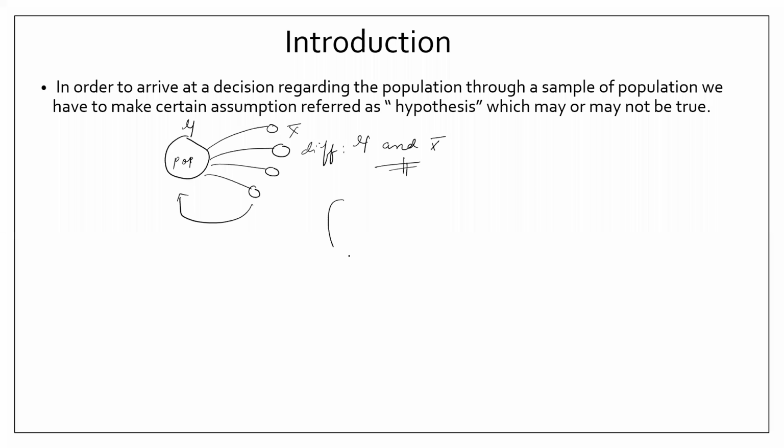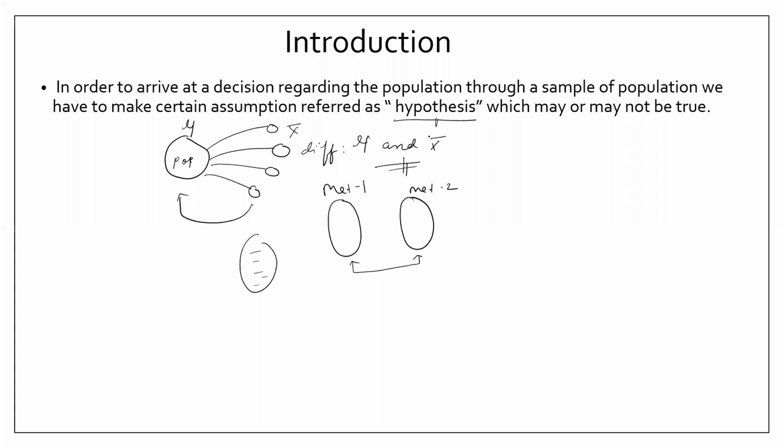Or for example, let's say you have a test done using two methods, method 1 and method 2. You have certain data and you have tested the data using two methods, and you want to test whether the results you got by these two methods have any significant differences. When something like that comes into the picture, then we always go with hypothesis testing.